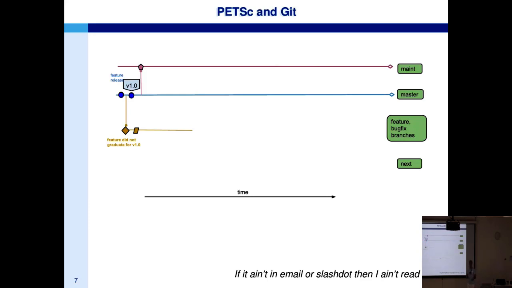Development always starts from master, and all features are developed in separate feature branches. So if some performance optimizations are applied to vectors, it's a separate feature branch. If the network receives improvements, it's a separate feature branch. So you can imagine that as features are added, the number of branches increases. There's a commit in that feature branch, and once the feature branch is considered ready,